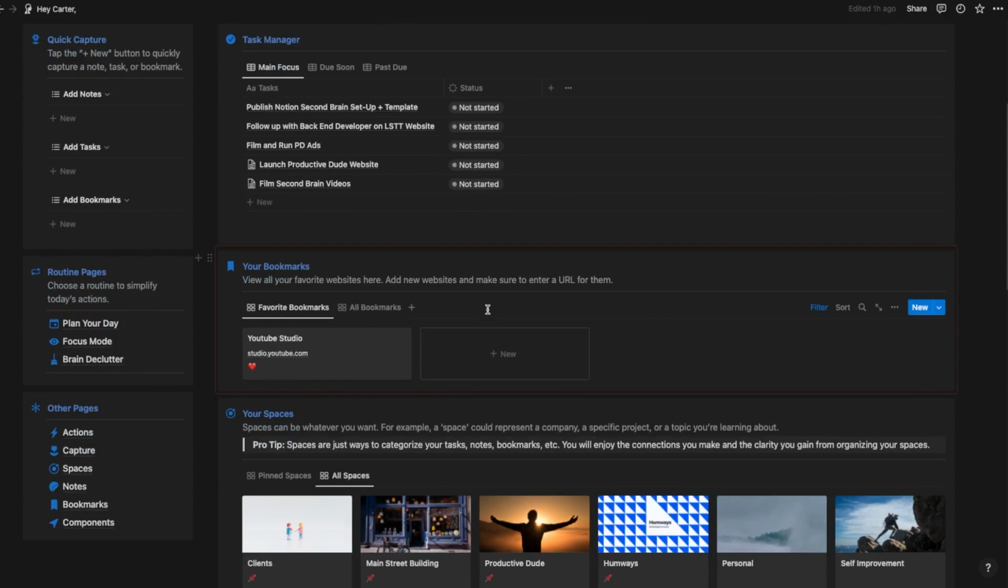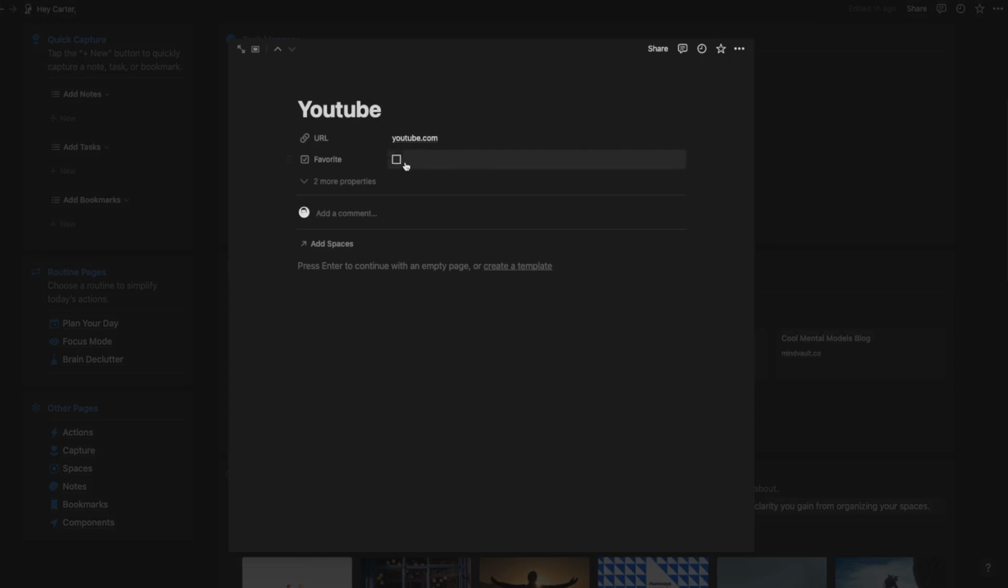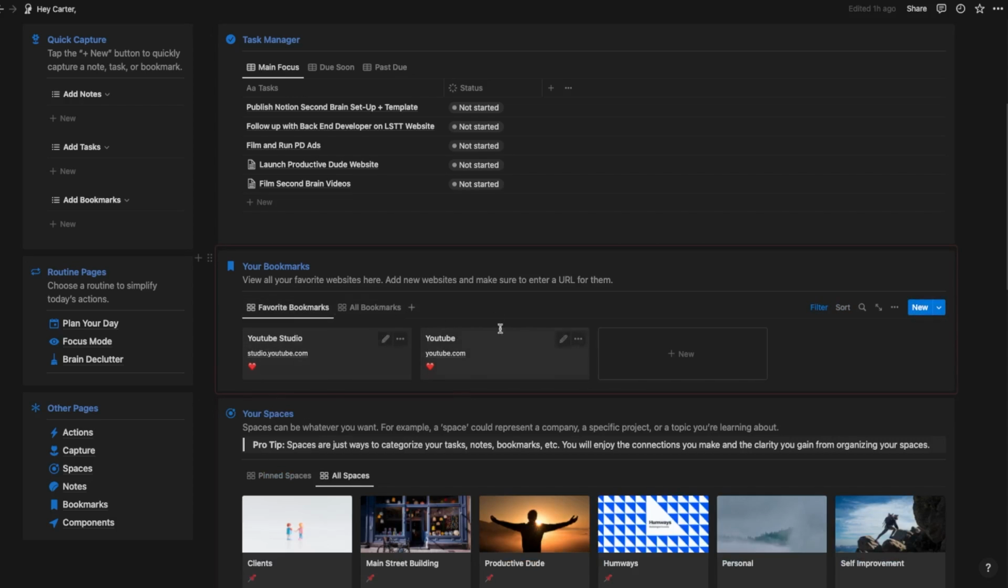The next section down is the bookmarks section. I've already talked a bit about this, but if I go to all bookmarks, as you can see, that YouTube one that I added is now in here. So if I wanted to favorite that, it has that nice favorite feature, and I can see them both right here, both of my favorite tabs, and I can quickly just click on one of these